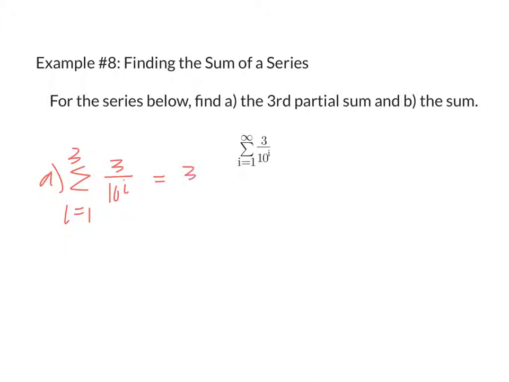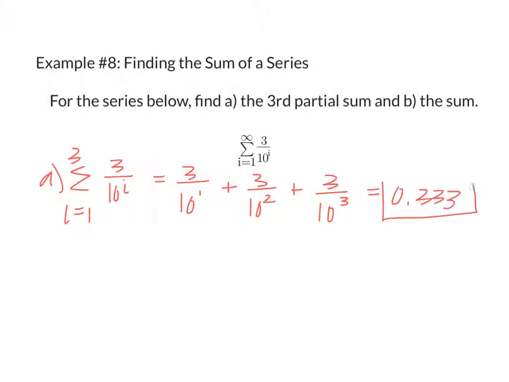So that'd be 3 over 10 to the first plus 3 over 10 to the second plus 3 over 10 to the third. Leaving this in fraction form, or you can change it to decimals in a moment, you would get exactly 0.333